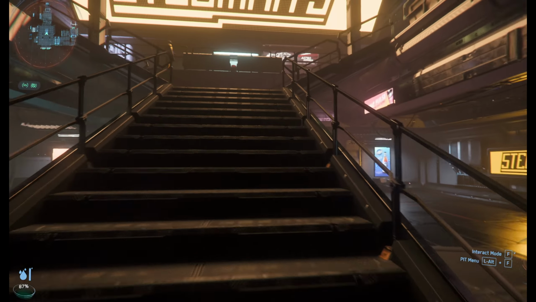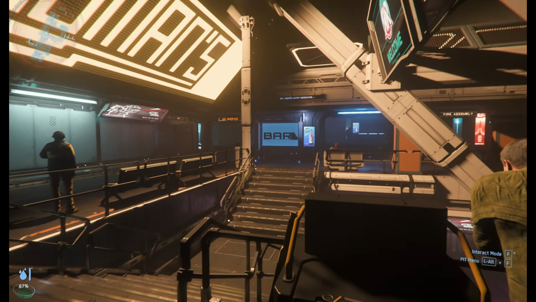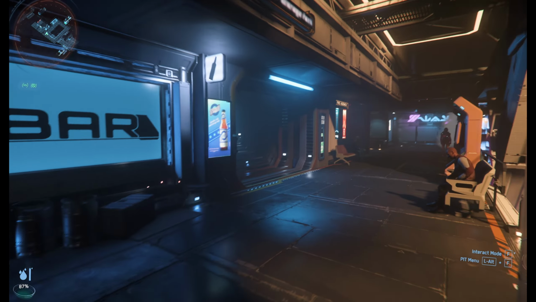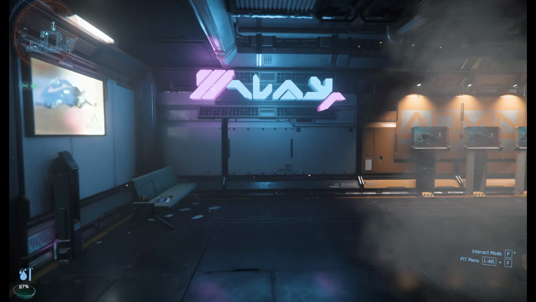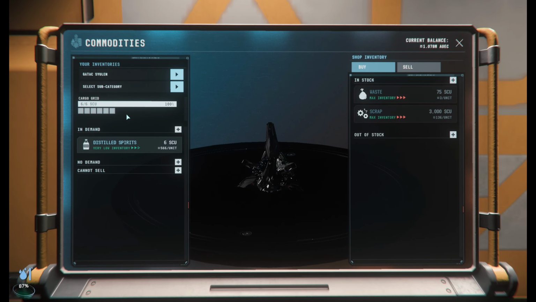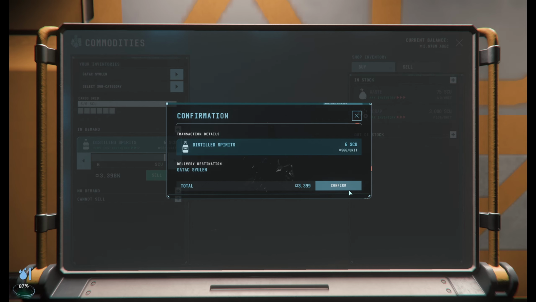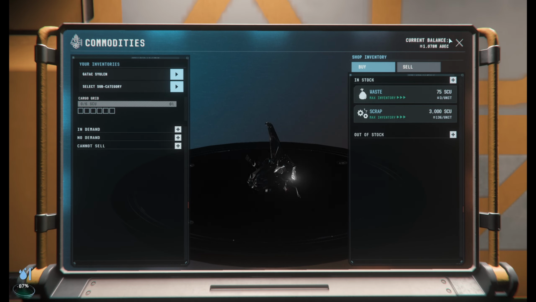The admin office is at most stations. They buy their distilled spirits. Alright, I thought I knew where the admin office was here. Yeah, there it is. And sold. Alright, nothing here that